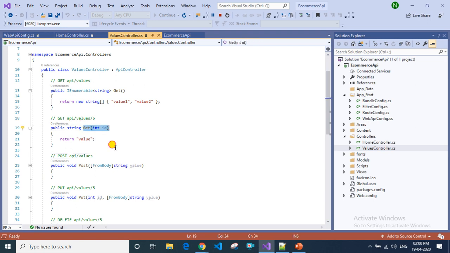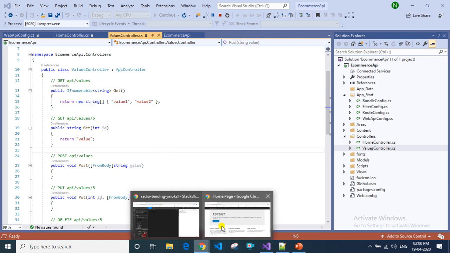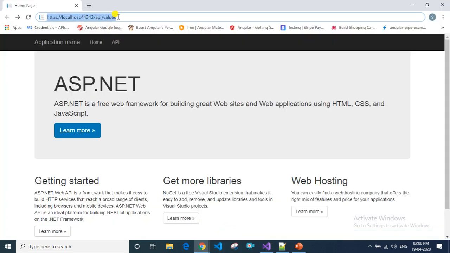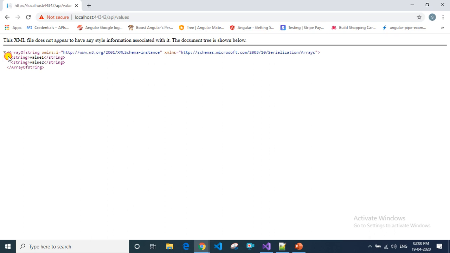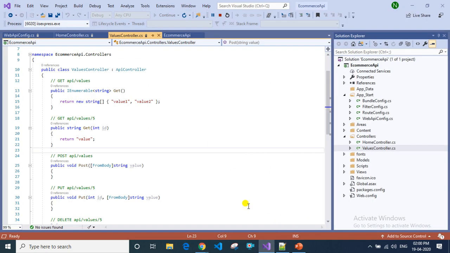We are not giving any ID, so it will go here and return these strings. So you can see here it is returning value1 and value2 strings like this.